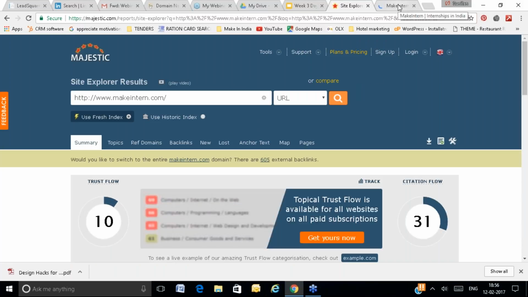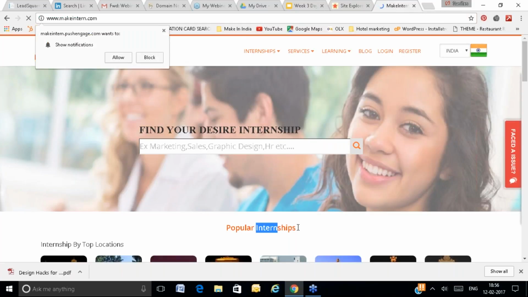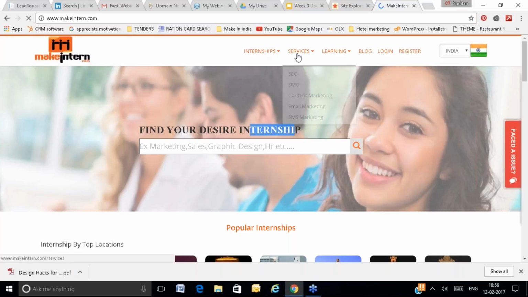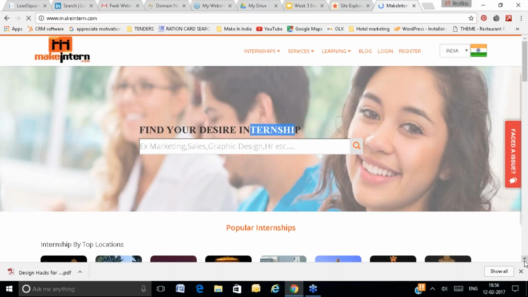See, MakeIntern has done on-page SEO. They have placed keywords like internship here, or MakeIntern. Intern is part of their URL. They have created navigation optimization for internship. They have used internship here. So they have optimized their on-page.